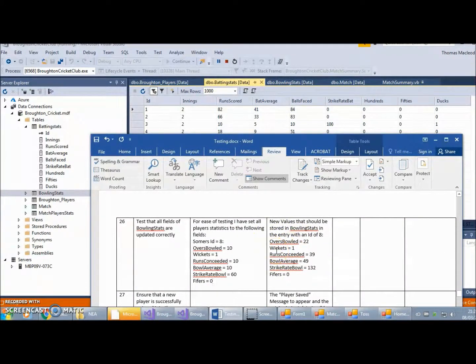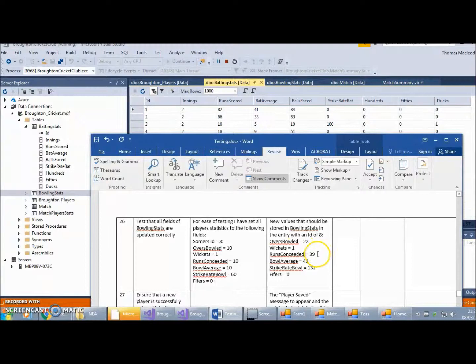So he bowled 12 overs, took no wickets, so the wickets remains as 1,